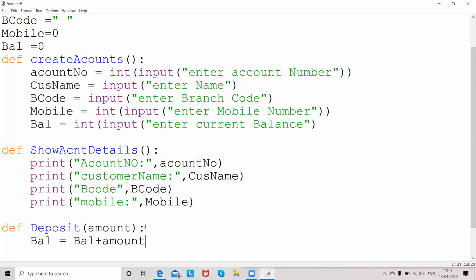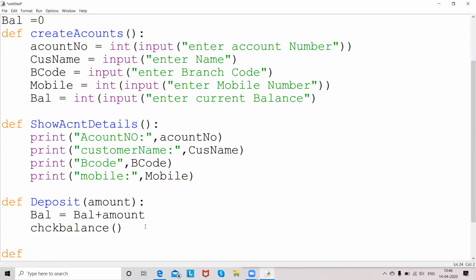So this is going to update your current balance. After this I just wanted to call a function check balance. This function is not yet defined, but I just wanted to call it.